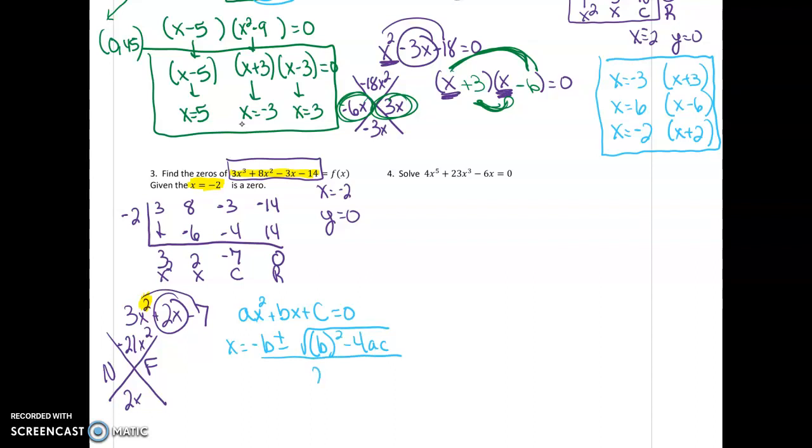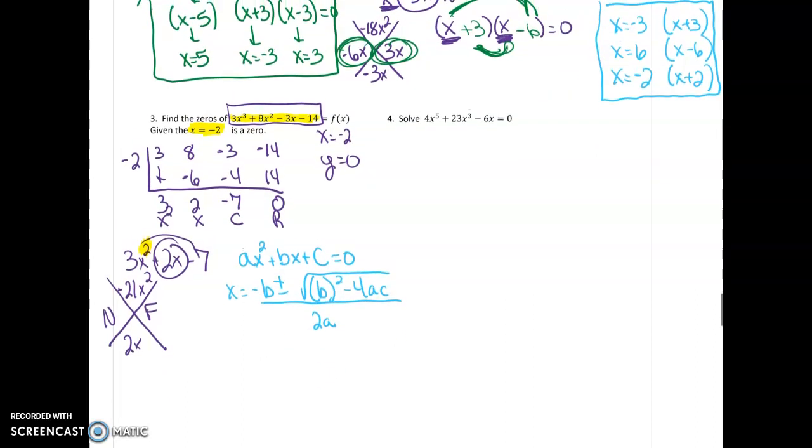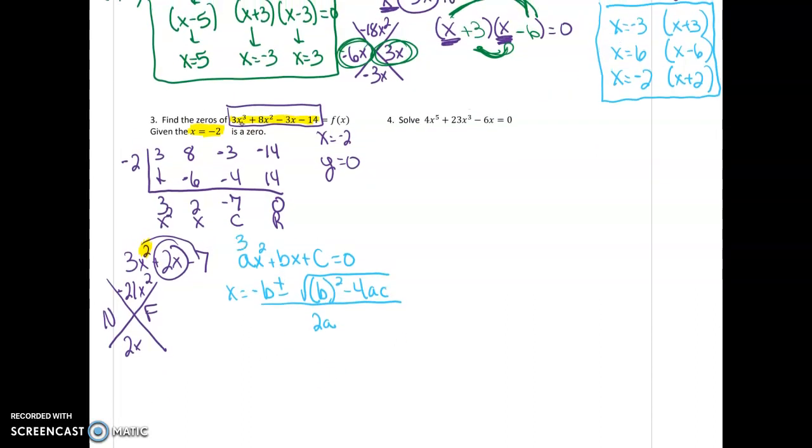All right, hopefully you have that memorized. So starting, my A is 3, my B is 2, my C is -7. So it's going to go x equals opposite B, so -2 plus or minus. I'm going to take B and square it, minus 4 with my A and C. I'm going to put that -7 in parentheses, and then all of it's over 2 times A, so 2 times